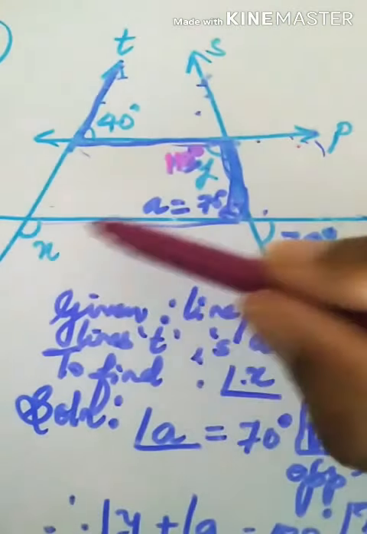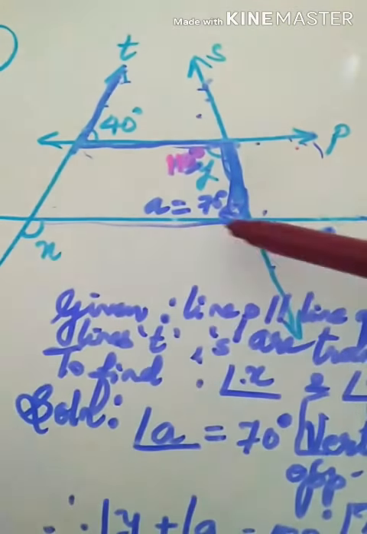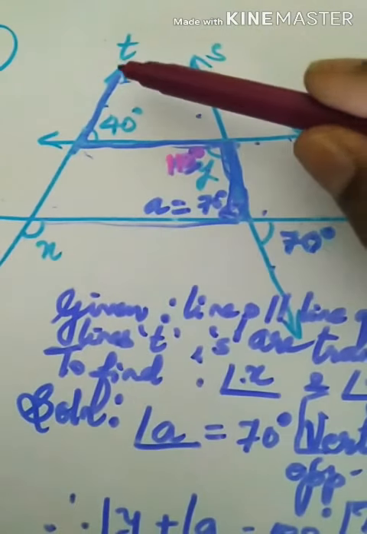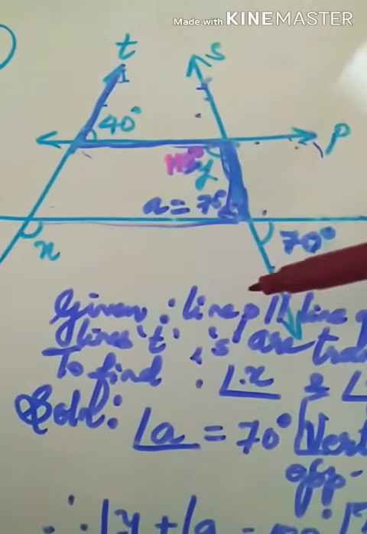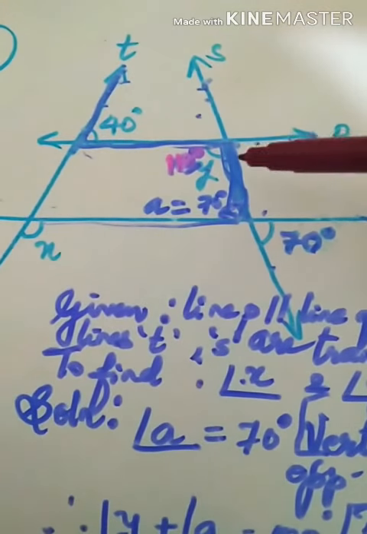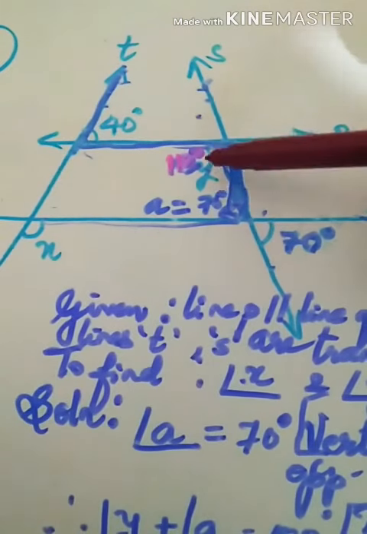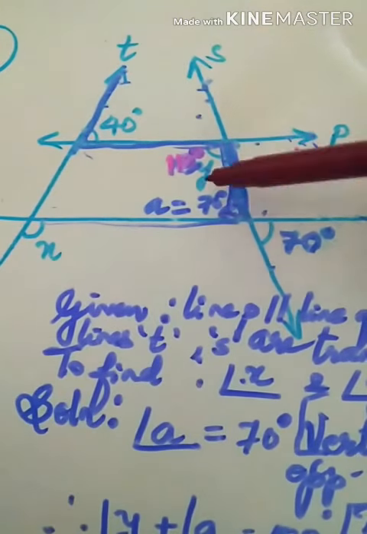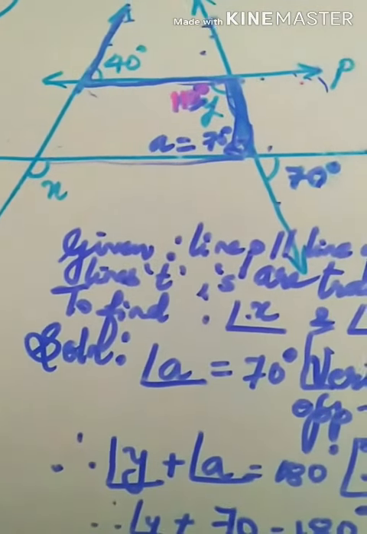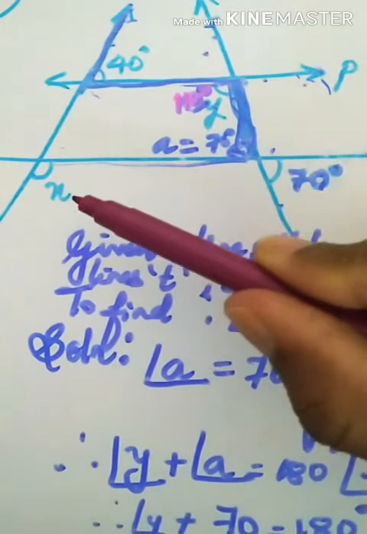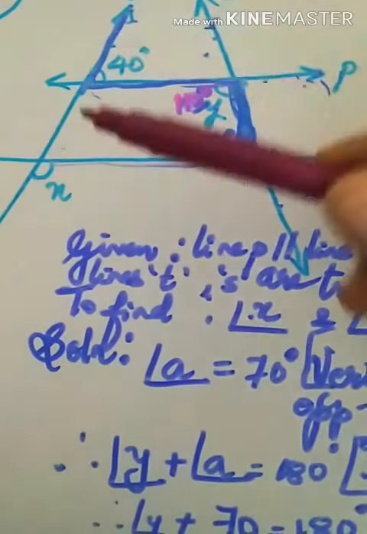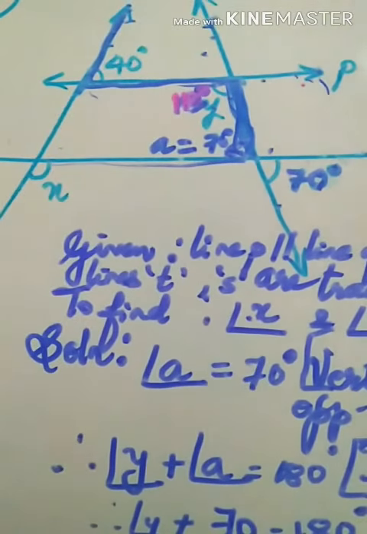So you can't take interior angle here for X and this angle, because these two interior angles are lying on line T and S and they are not parallel. Only if lines are parallel, then the corresponding angles are congruent, alternate angles are congruent, and interior angles are supplementary. But if the lines are not parallel, the case may differ. So how can you find this X? Think. Again, it depends upon student to student which property you want to use.